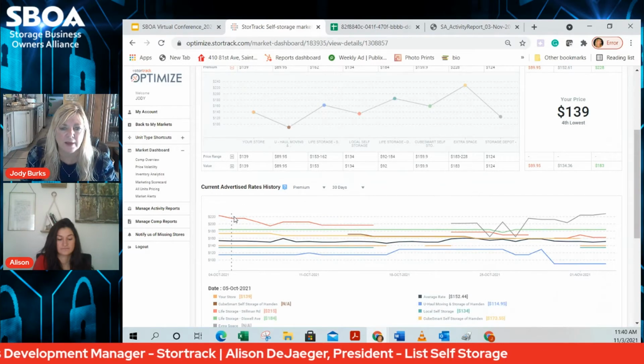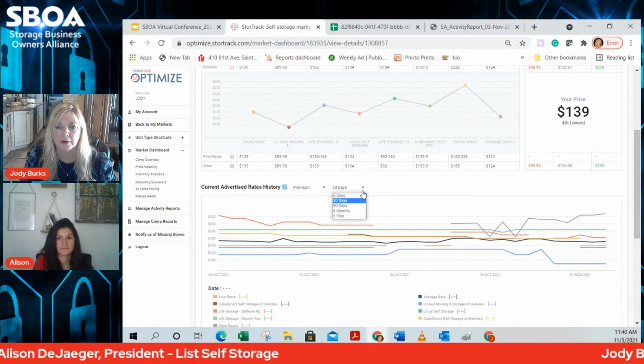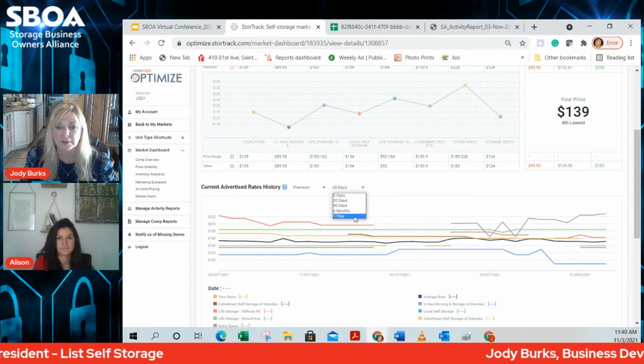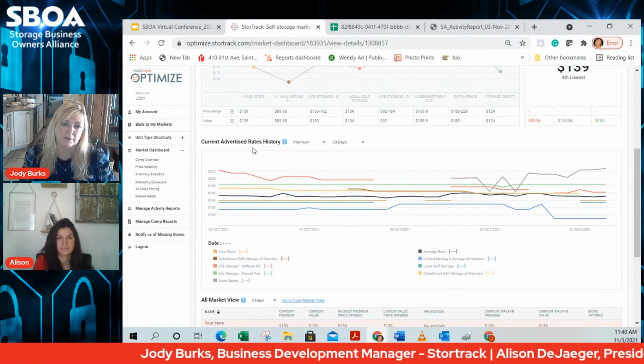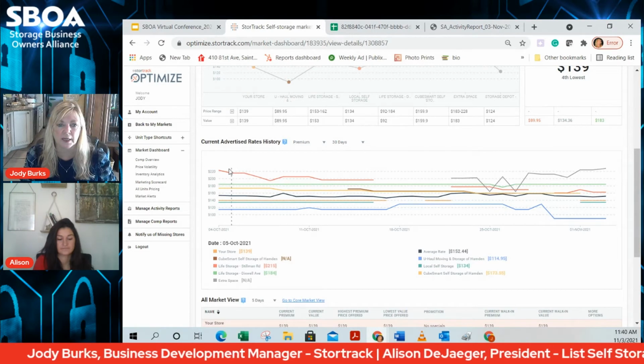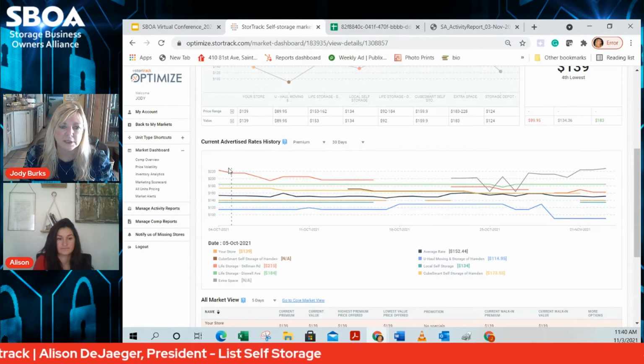Also from this graph, you get to see, and you can change here, looking at anywhere from 5 days up to a year, comparing the current advertised rates. So this is history, or historical data, as we would call it. And if you wanted to go back, so you'll be looking at the beginning of October, you could see that